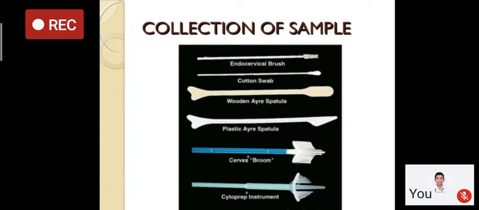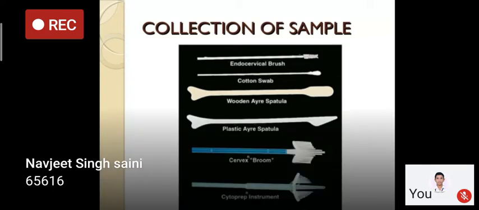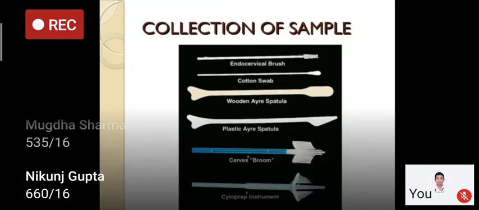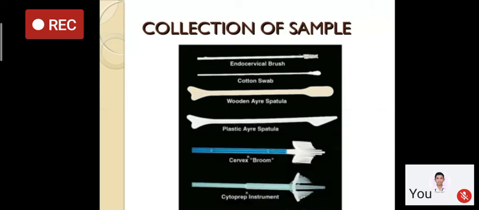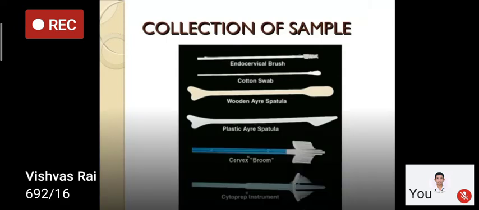The endocervical brush and the Ayer spatula, these two are used for taking the pap smear. In the broom, the anterior end is detachable. This white end is detachable, and this blue one is thrown away. After taking the sample from the transformation zone, this white part is broken off and put in the fixative, which is available in the blue colored vial for LBC. These things are kept in your exam for practicals for identification, so you have to know them.